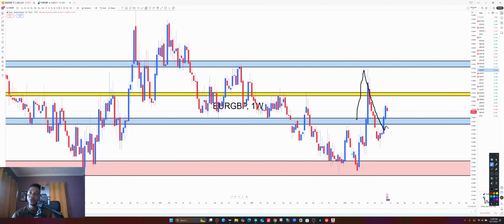This is also a higher low. Price going all the way to the upside in that manner. So we are looking for the buying opportunity somewhere around here to move all the way to the upside of EUR GBP. So EUR GBP, let's take it again to the daily time frame to add more meaning.